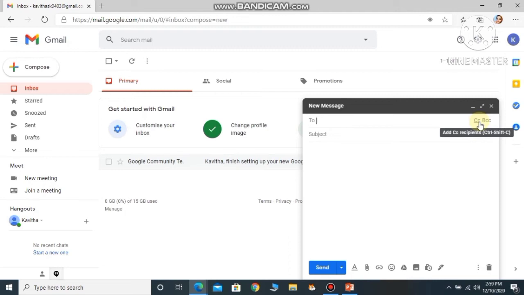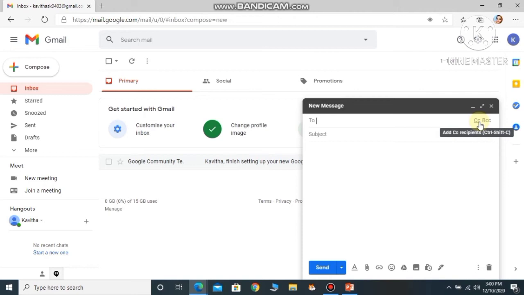Hope you understood this. So for example, if I'm sending a mail to my friend and I have to send the same mail to one more friend, in the CC field I can add it. Okay. And whatever you add in the CC field will be visible to all the recipients. So if I'm sending a mail to one of my friends, another friend will also get to know that I have sent the mail to another person also, right? That is called CC.